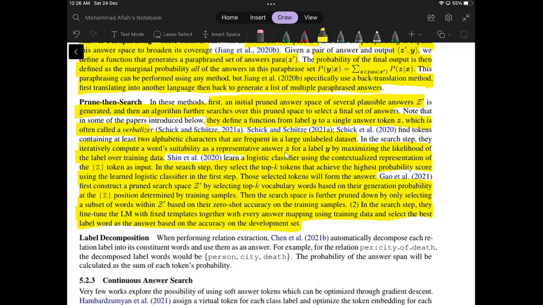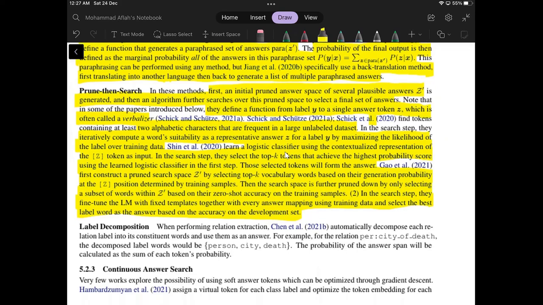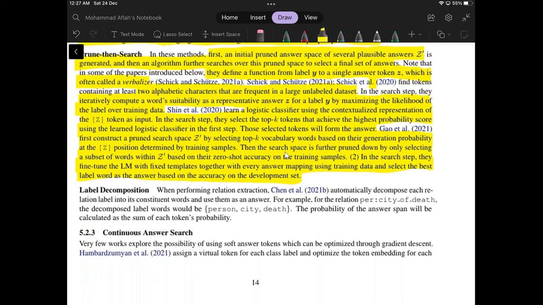So like in the first paper, in some works, they have a function which takes in label y to a single answer token z, which is called a verbalizer. So in some cases, they find tokens containing at least two alphabetic characters that are frequent in large unlabeled data. In the search step, they iteratively compute a word's suitability for being the representative answer z for a label y by maximizing the likelihood of the label over training data, because you do everything over the training data. And the second one is, as we discussed, you can just use the MLM's probabilities to get the top k